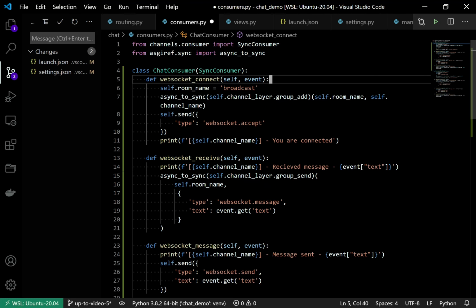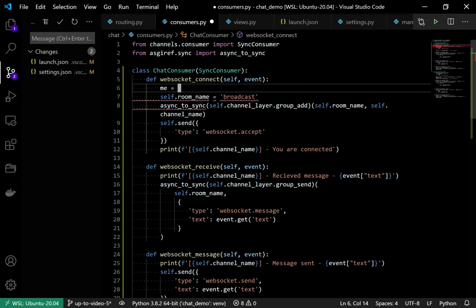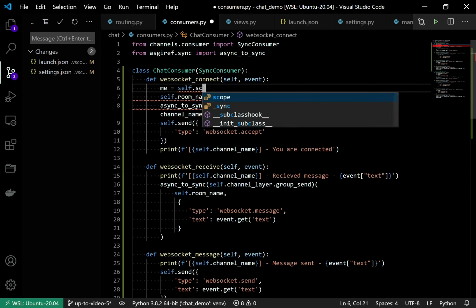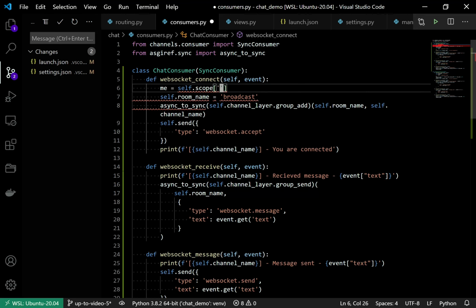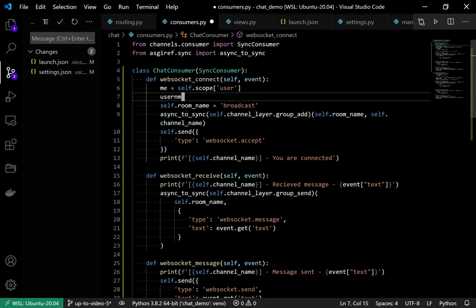Let's do that. First, I am putting in variables like this so you can understand me. That means the logged in user variable, which we are going to get from self dot scope, and inside that user will be the key. So now we will have the logged in user object. Then the second thing is the username, but whose username? I am calling it other username so you can understand.